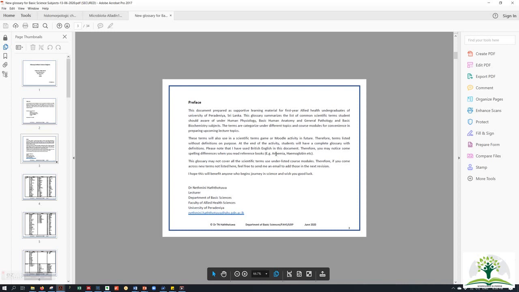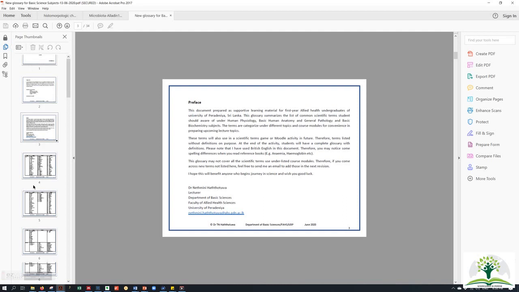For the time being, in British English we use an additional A with certain scientific terms, for example for anaemia, in British English we spell it as ANAEMIA, but in American English it will be ANEMIA without the A. So you will find some differences when you read the reference book. But I want you to adhere to one type, and I prefer if you can adhere to British English.